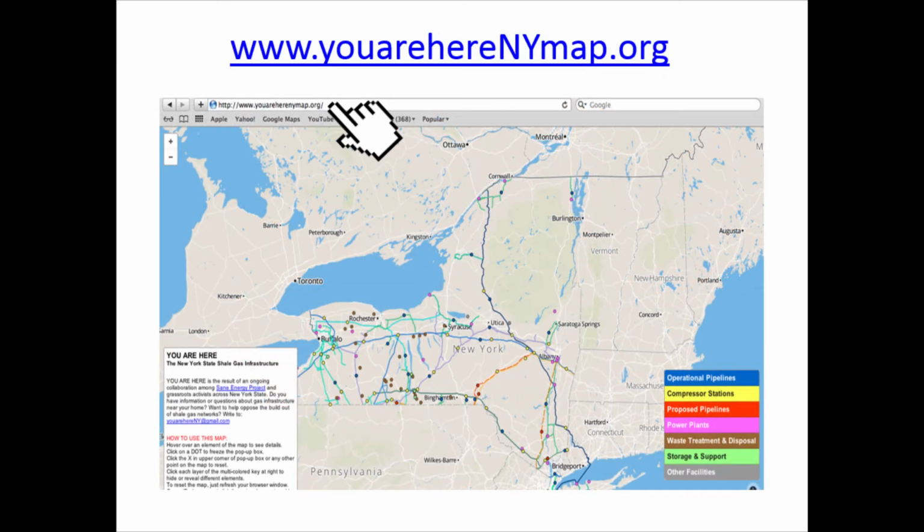So in our map, I'll go back to the beginning. Susie had mentioned she was one of the builders of this map with us. If you know of something that's missing on the map and you want to add to that project, in this little box here, you can click on how to add information, or add a project or something that should be on the map.